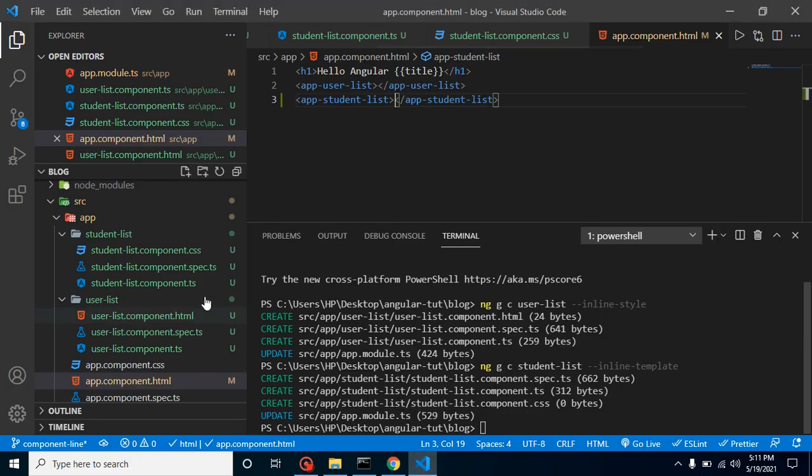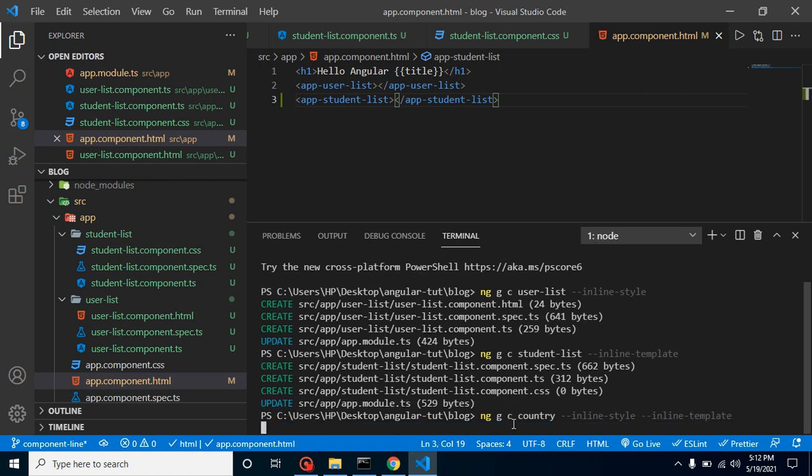All right, so in both cases we have 3 files. Now let's see how we can create inline style with the inline template both. Just put here ng generate component country, that is our component name, and let's put inline style, and again inline template, and just hit enter.